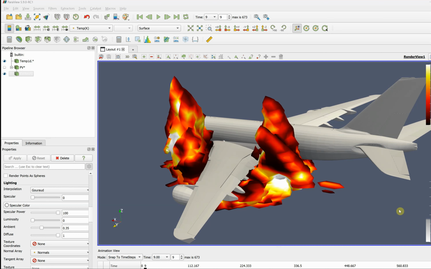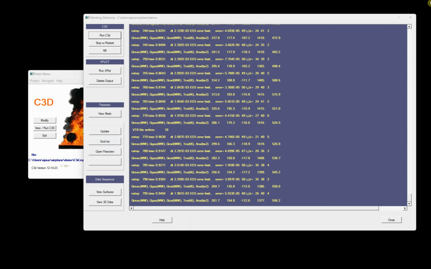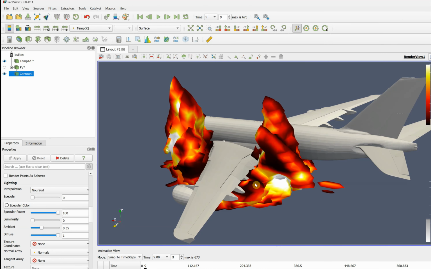It's gotten to, I forgot how many seconds. Let me check. Looks like about 1 second or so. So the fire is still building up. You can see it's coming around the wings, and so on. But I think I'm going to terminate the tutorial here because I've shown how it ends up,